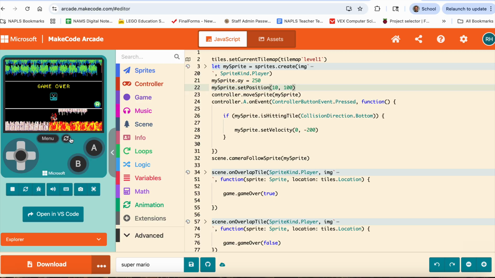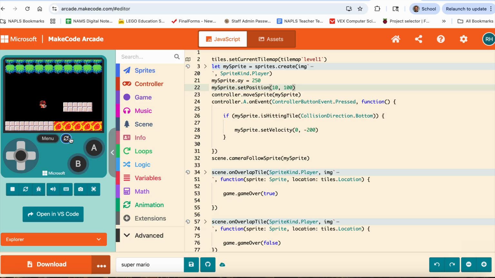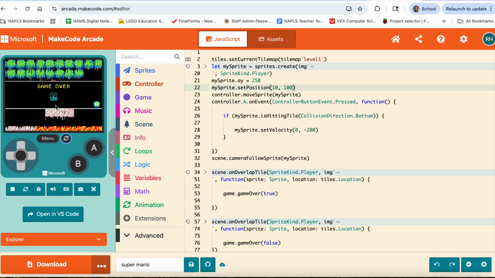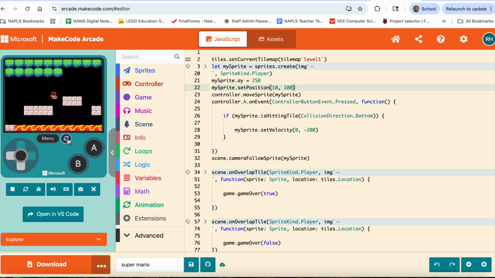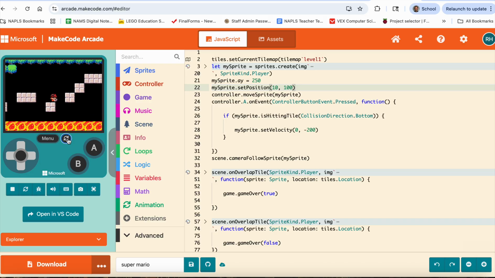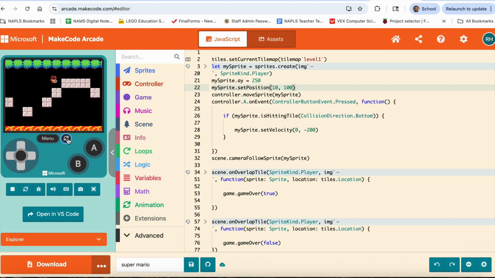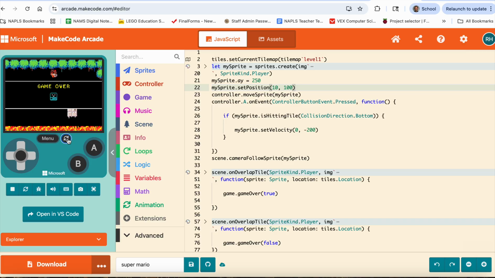Oh, not very good. Okay, it jumps. And then if I jump up and I hit those trees, it's game over. Okay, let's see if I can beat my game. Ooh, that's tricky. Oh no,